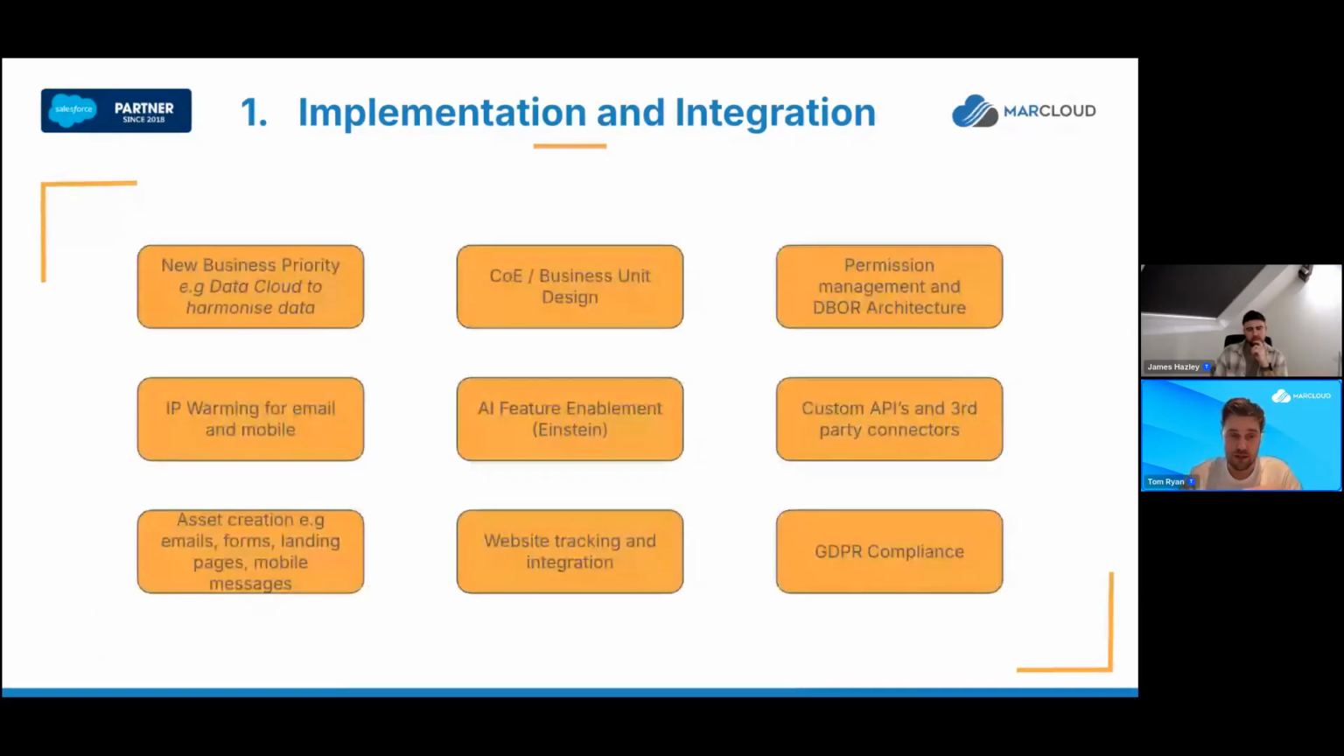Here are some typical actions, some jobs to be done as part of this phase. As we look at implementation itself, business unit design becomes quite important for larger organizations, especially global. The database of record, and IP warming, quite a complicated topic, and if you get it wrong, it can be quite damaging. That's part of the implementation phase. AI enablement, integrations, asset creation: having the templates you need to create a good campaign, email templates, forms, landing pages, etc. It's all important as part of the implementation phase,